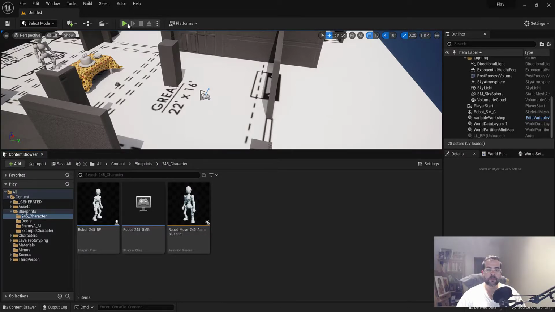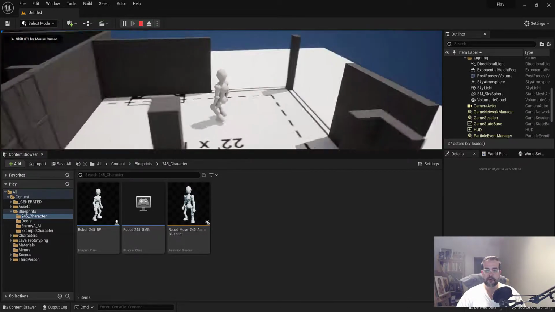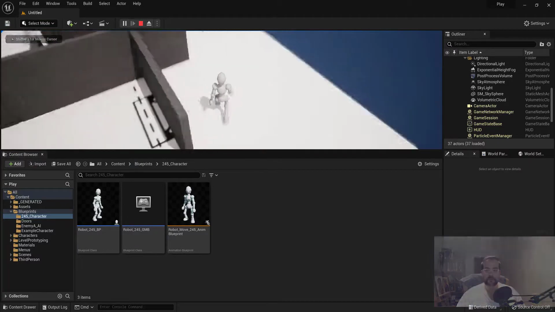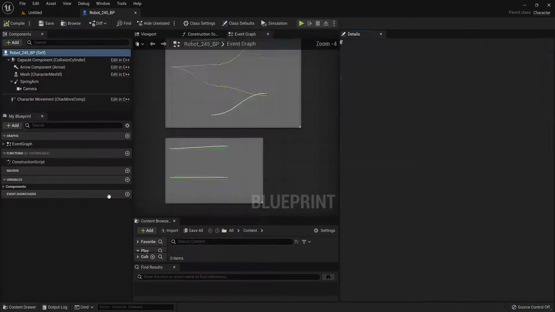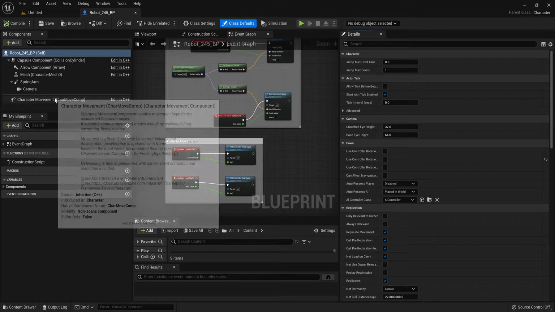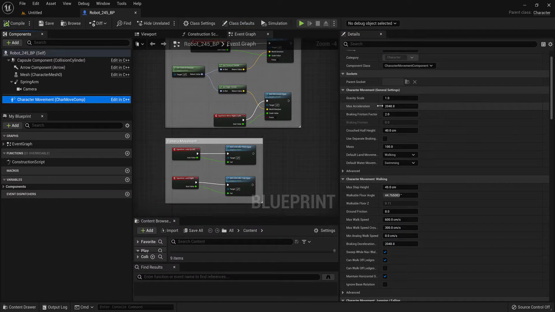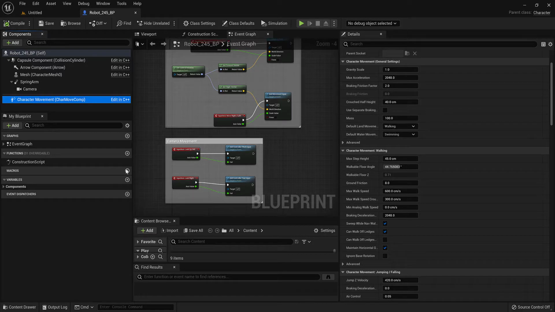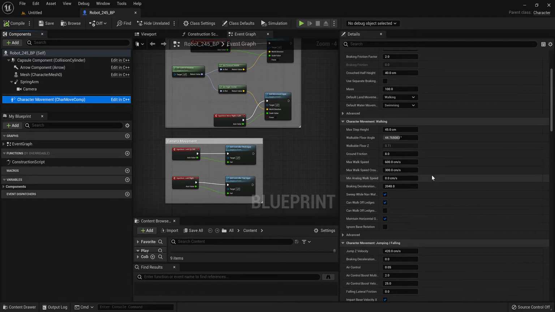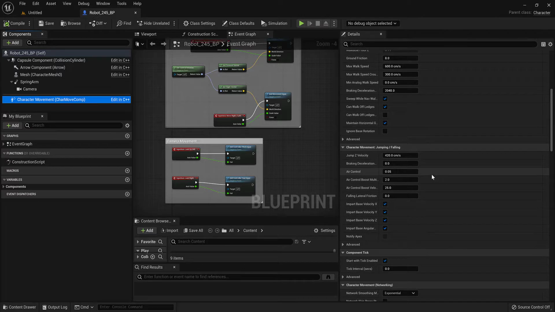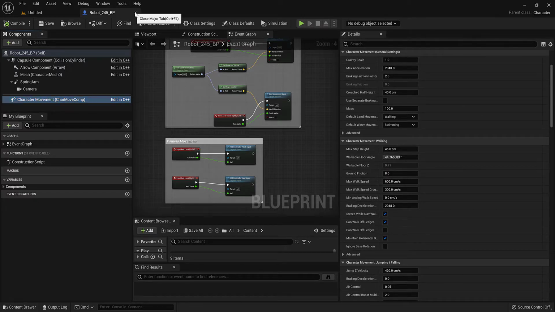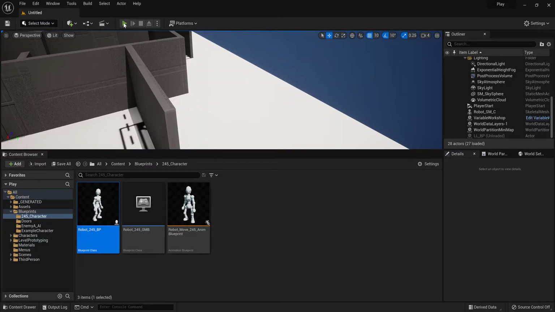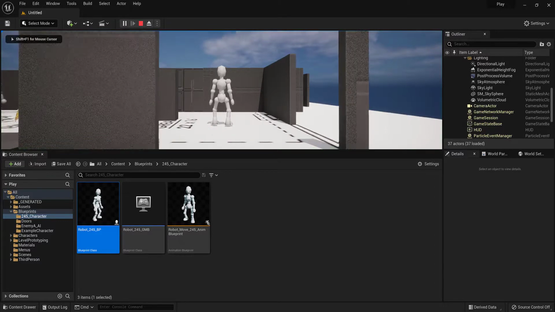All right, so let's take a look at where we left off last time. We have our character. The character walks around. Don't forget, you can adjust settings under this character movement. There's max acceleration, gravity, all this good stuff. We can also add a multiplier later in blueprints that can increase the speed. But for now, what we want to do is give our player character an